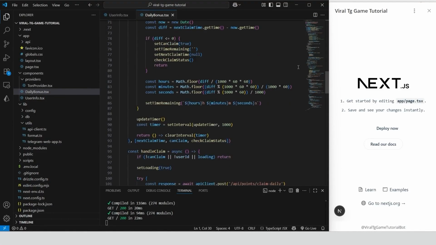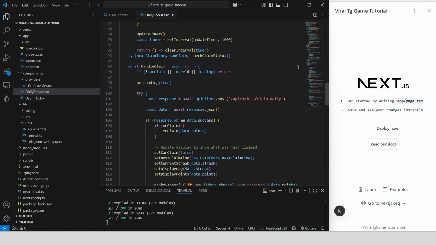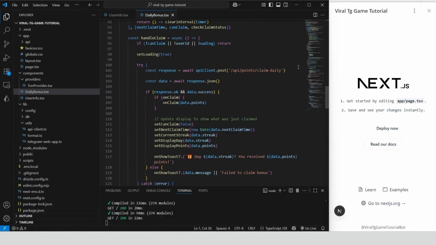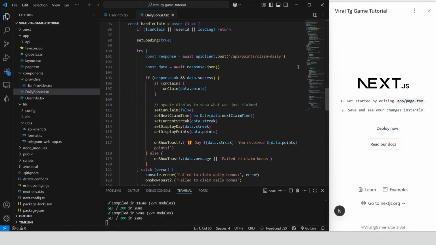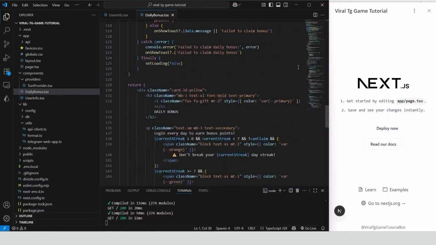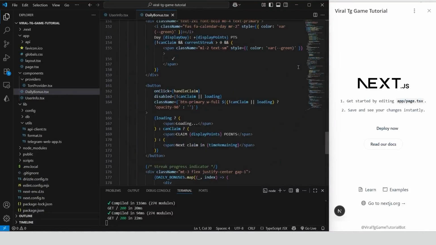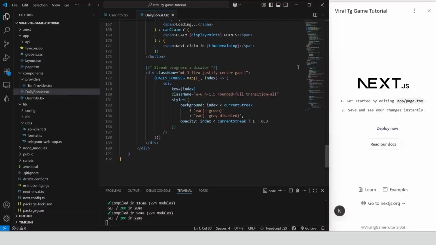The handleClaim button makes a POST request to the same endpoint. If successful, it calls the onClaim function to update the user's points in the main UI and shows a success toast. The final component for this section is